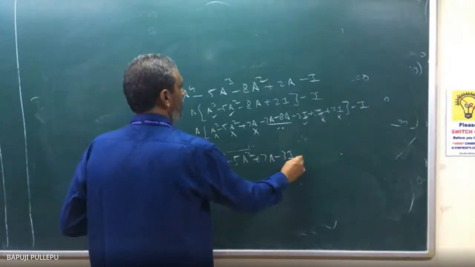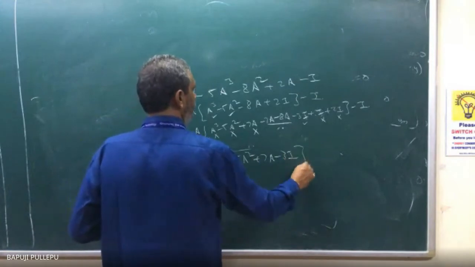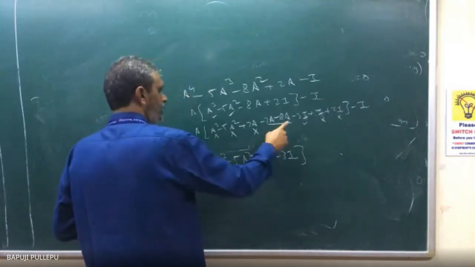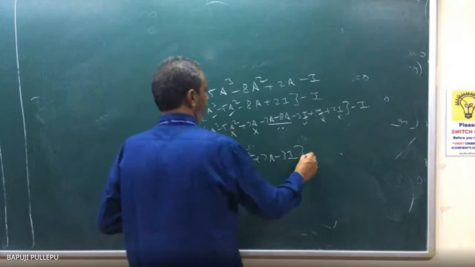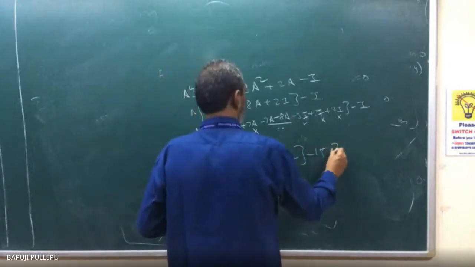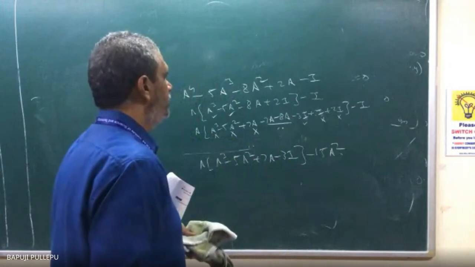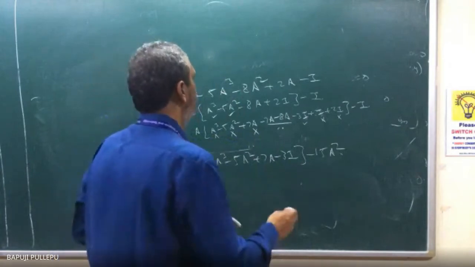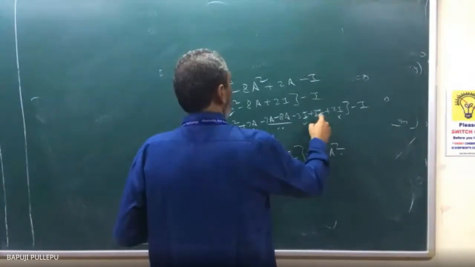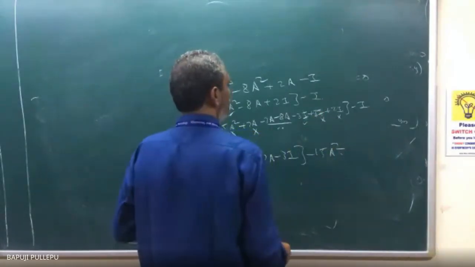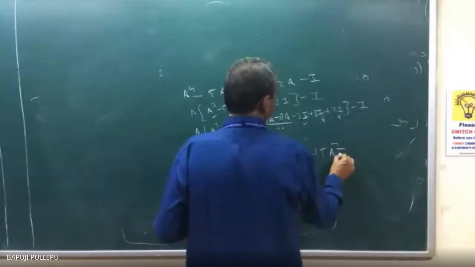What terms are required, that all I will keep inside. Then this is what? Minus 15a into a is what? Minus 15a square. Any problem? No, sir. Then remaining fellow is what? Minus 3i, 3a. 3a plus 2a how much? 5a. 5i into a is there, that 5ia, not to forget.